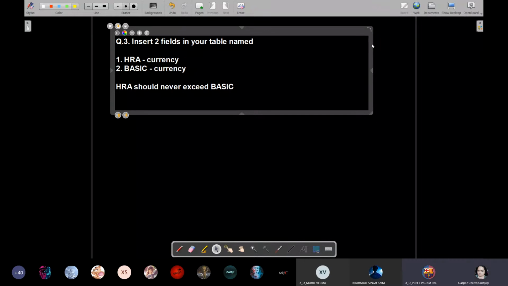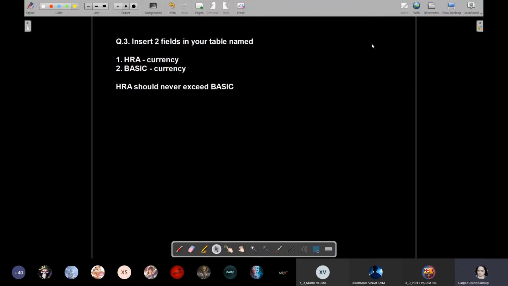Ma'am, what is basic here? Basic salary of an employee. There is a basic salary which an employee gets. On top of that, he gets allowances like house rent allowance, travel allowance, dearness allowance. Then some deductions are also there, like provident fund, employees contribution, celebration funds. After all additions and deductions, what the employee gets is the net salary. But the basic salary, the basic pay, is known as basic.